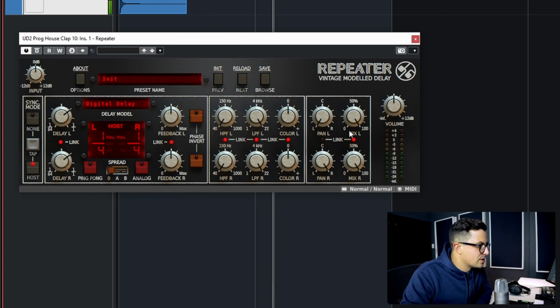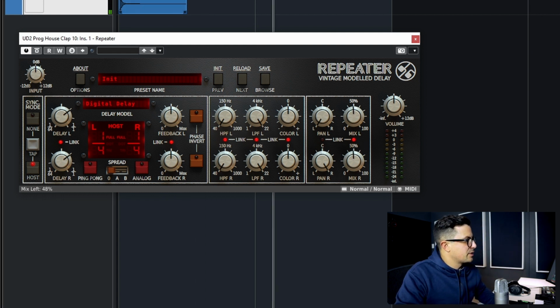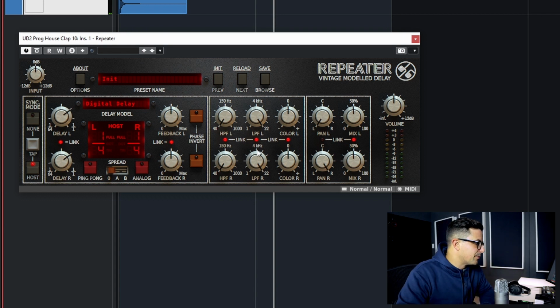We have got the mix full at the moment, so let's dial that back to 50%. And then we have a similar result that we had with our simple mono delay before. Now, the benefit with a stereo delay is that we can actually set the delay times independently for the left and right delay lines. So we can, for instance, unlink these, and we will set our